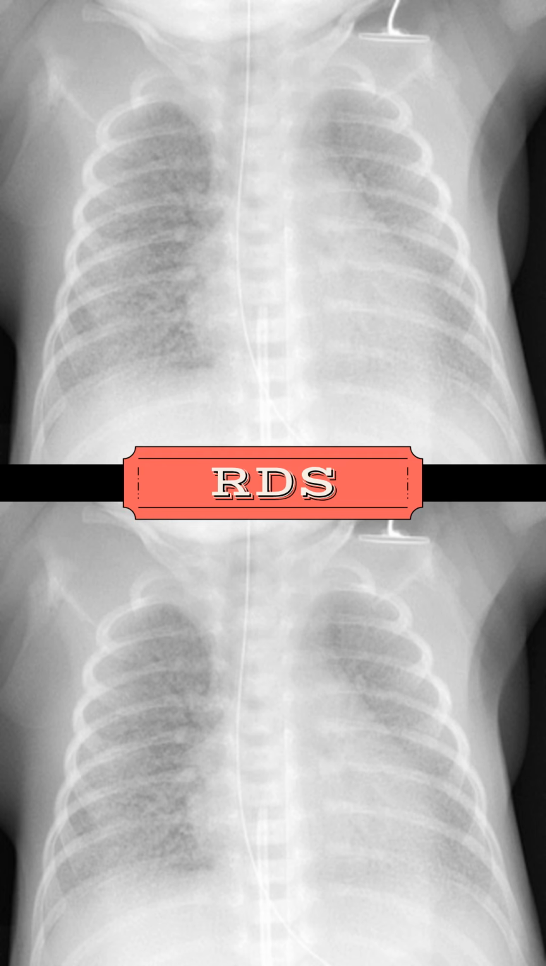Without sufficient surfactant, the alveoli succumb to the law of Laplace, where the pressure required to keep an airspace open is inversely proportional to its radius. This leads to diffuse microatelectasis and a decrease in functional residual capacity. The infant presents with tachypnea, nasal flaring, intercostal retractions, and expiratory grunting, which is a compensatory mechanism to maintain end